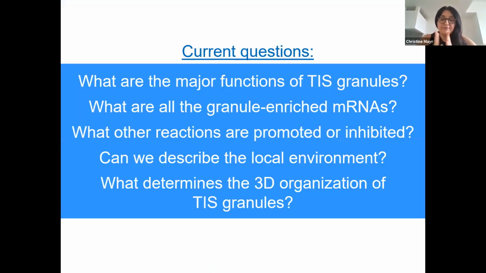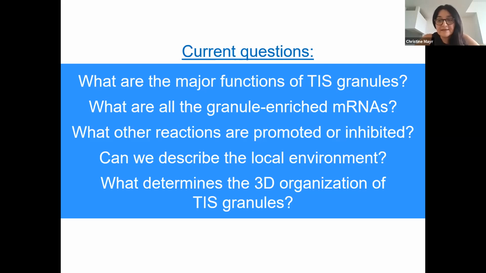Okay, so those are our current questions that we are trying to address. We would like to characterize the TIS11B granule environment. We also would like to know what the major functions of TIS granules are, because we identified TIS granules basically through the back door: we were studying the interaction between SET and CD47, and this led us to find TIS granules. But I showed you there are more than 1,000 mRNAs that are translated in TIS granules,